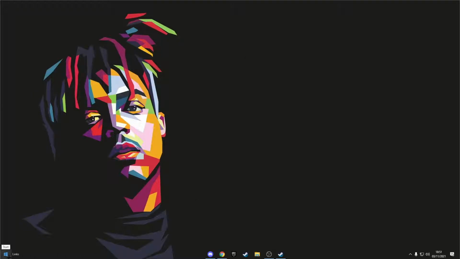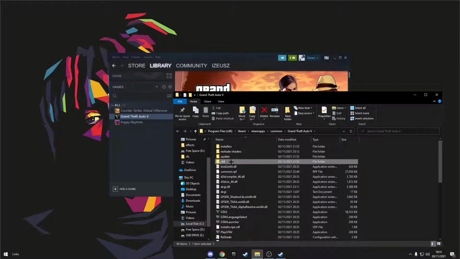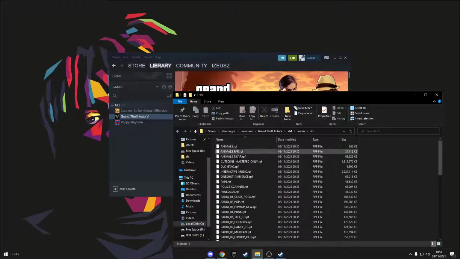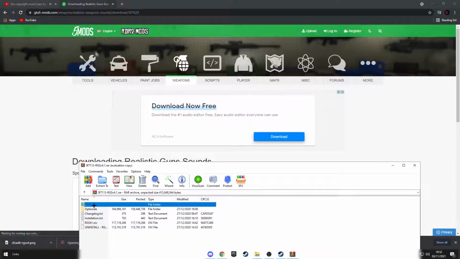So first of all, go search up Steam, which I've already got open, so I'm not going to do that. Right click on GTA, manage, browse local files, x64, audio, SFX. And once you open SFX, open the sound pack folder, go to optionals,